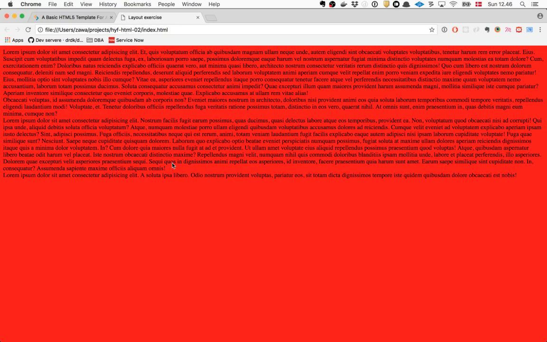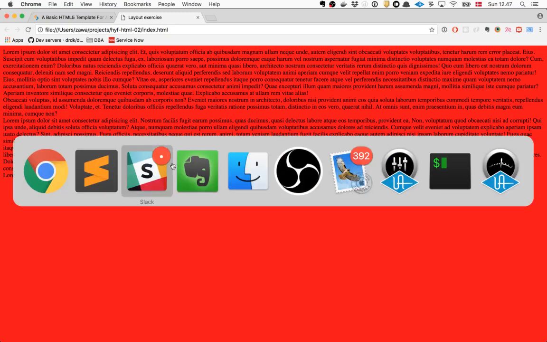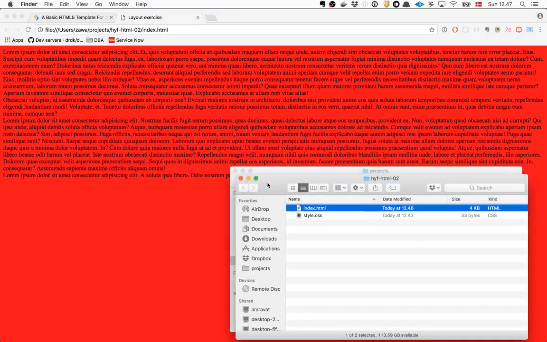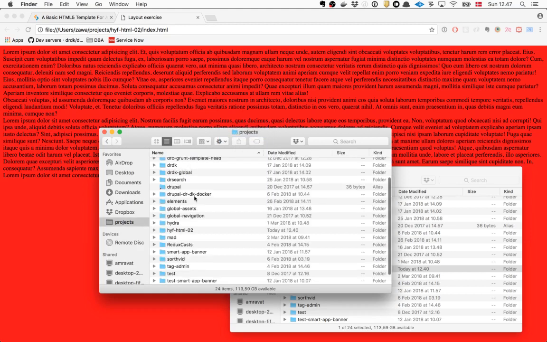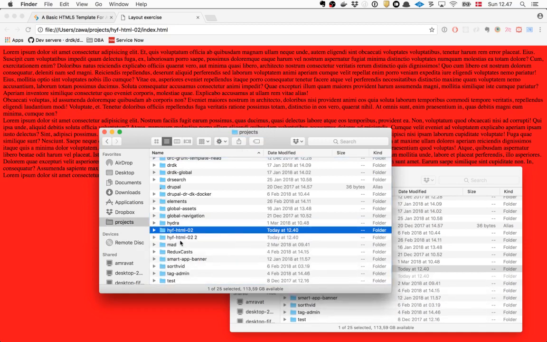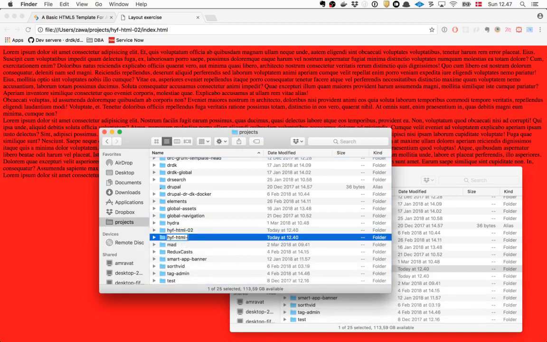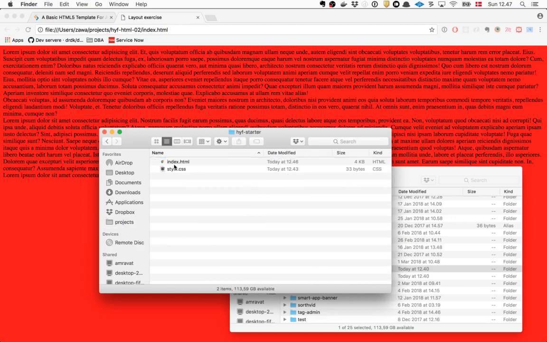Okay, so I'm going to continue trying to build the layout now. No, let's do one thing first. Let's go out and take this folder and just make a copy of it, because this is something you're going to do a ton of times. So let's make a copy and just call it Hack Your Future Starter. That's just a basic HTML thing. There's nothing crazy about that.